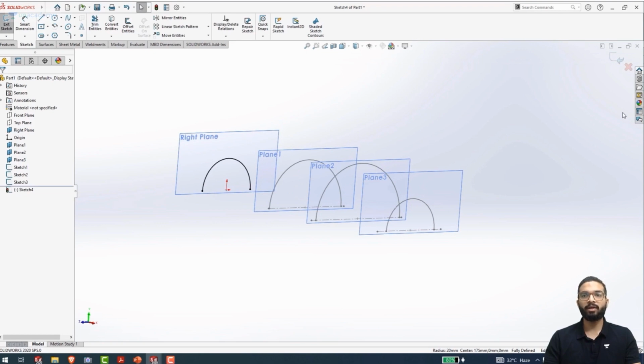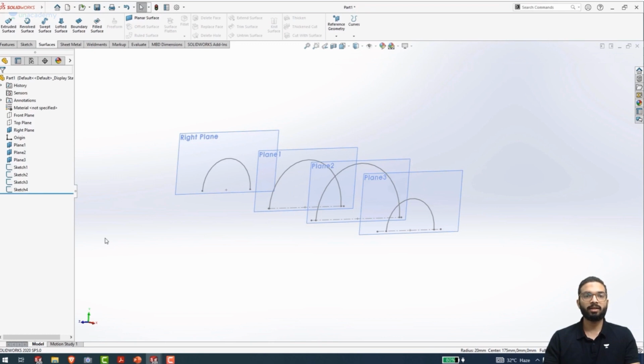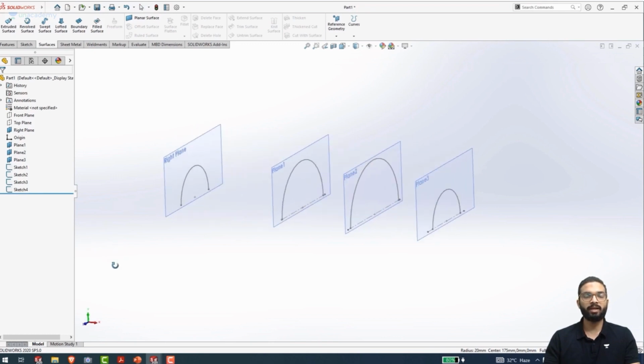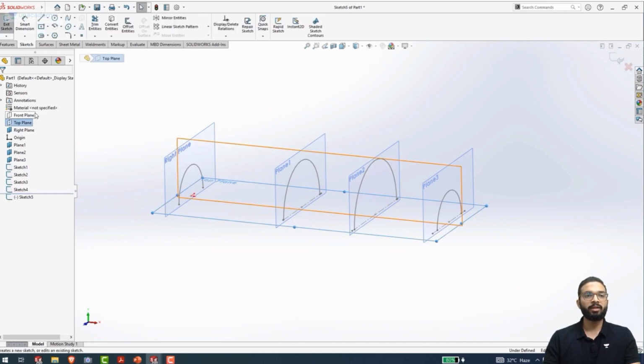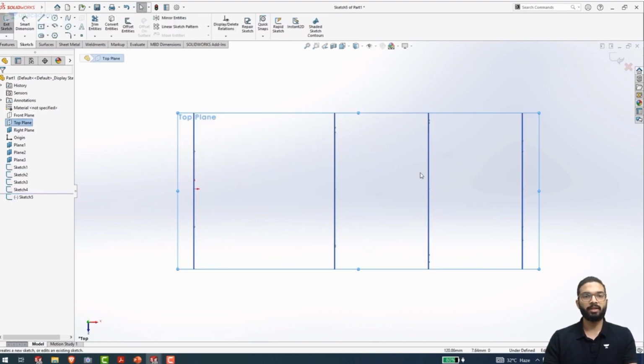Now I can simply press Ctrl Q, exit the sketch, rebuild the part, and now you can see that we have all these profiles that would be required in order to create our base feature, or rather our first feature. But there's one more thing that we need to add over here, and that is our guide curves. For that, I will sketch on the top plane. I will click on the top plane, click on sketch over here, press Ctrl 8,